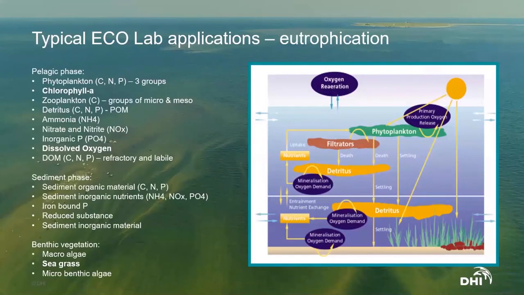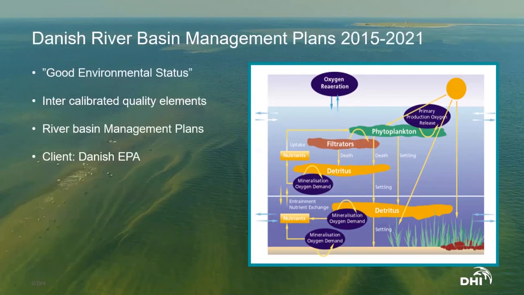Then there are also the more complicated ecosystem models. Here's a very complicated one. It has 3 algae groups: diatoms, flagellates, and blue-green algae. It models chlorophyll, zooplankton, particulate and dissolved organic material, inorganic nutrients, dissolved oxygen. There's a sediment compartment, and there are different kinds of benthic vegetation. This is a model that we have used